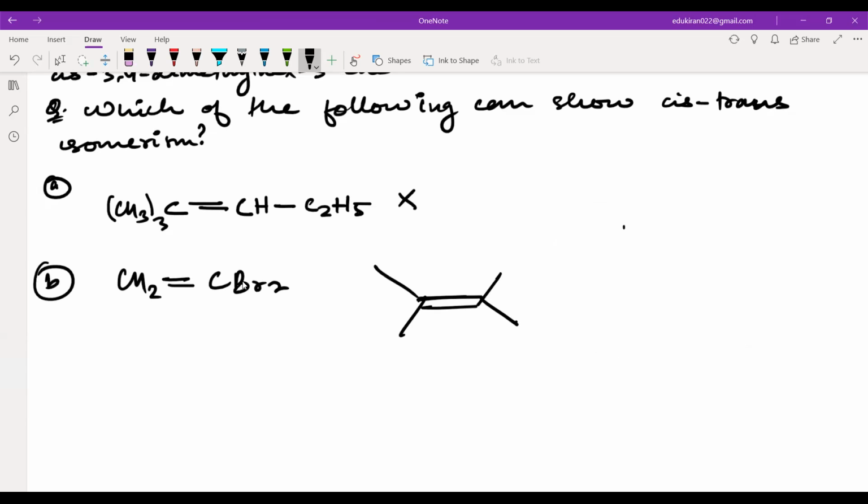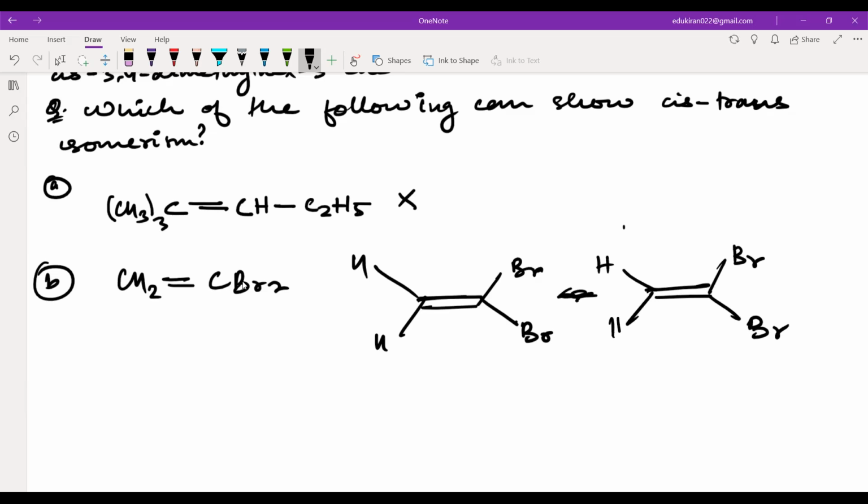Okay, so here you have hydrogen, hydrogen, Br, Br. What do you guys think? Will anything happen if I flip the bromine groups? Let me try to make this. Now this is bromine, I am putting it here. This bromine, I am putting it here. The hydrogens are here and here. See, both of these structures are still the same.